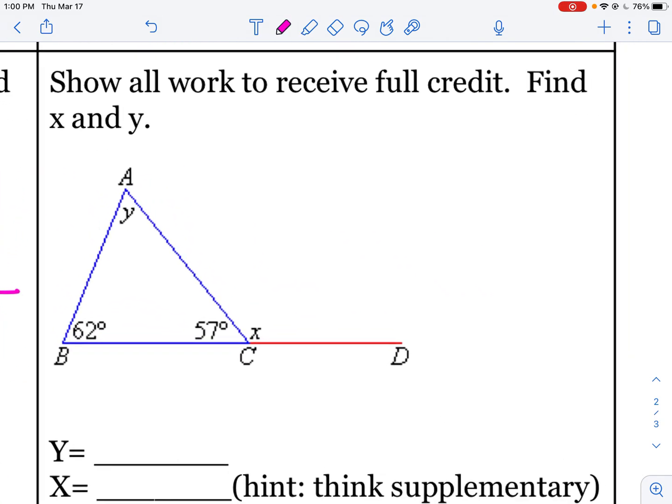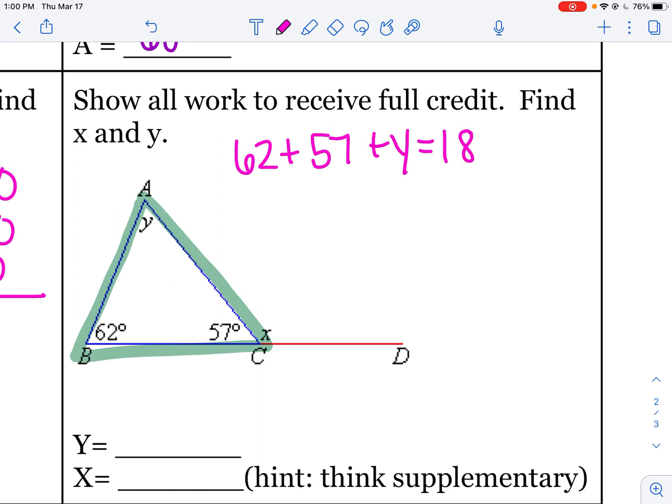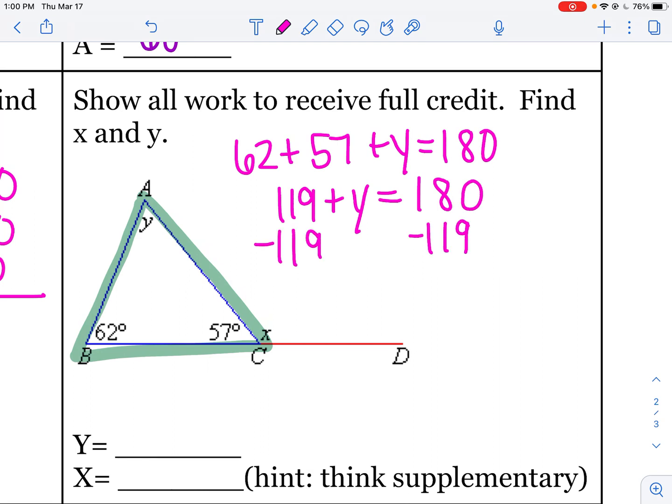All right, moving on to this little more challenging one. So this is 2 problems in one. You're finding 2 variables. So the first one I would suggest you find is the triangle, since that's what we just learned. So 62 plus 57 plus y equals 180. Combine your like terms of 57 and 62 to get 119 plus y equals 180. Subtract from both sides of the equation and get y is equal to, yes, you can use a calculator, 61